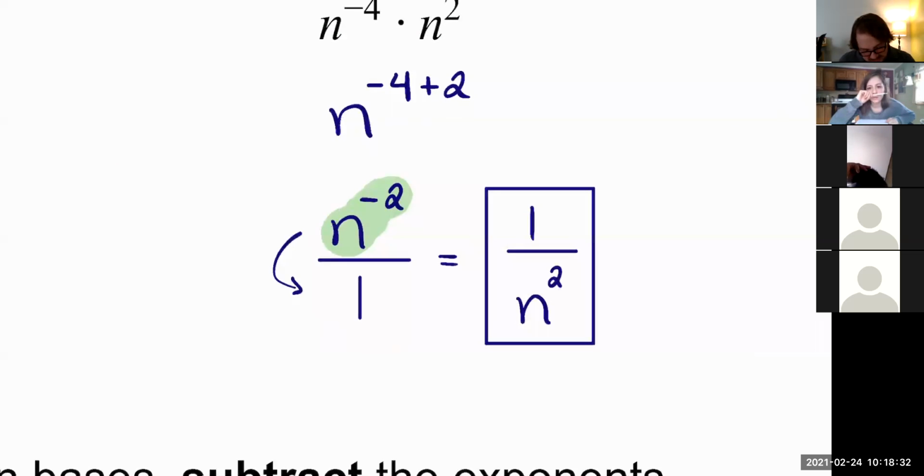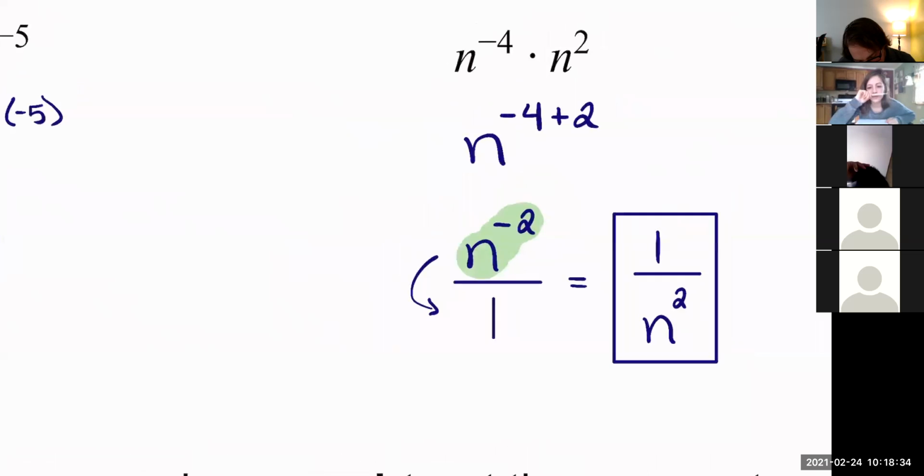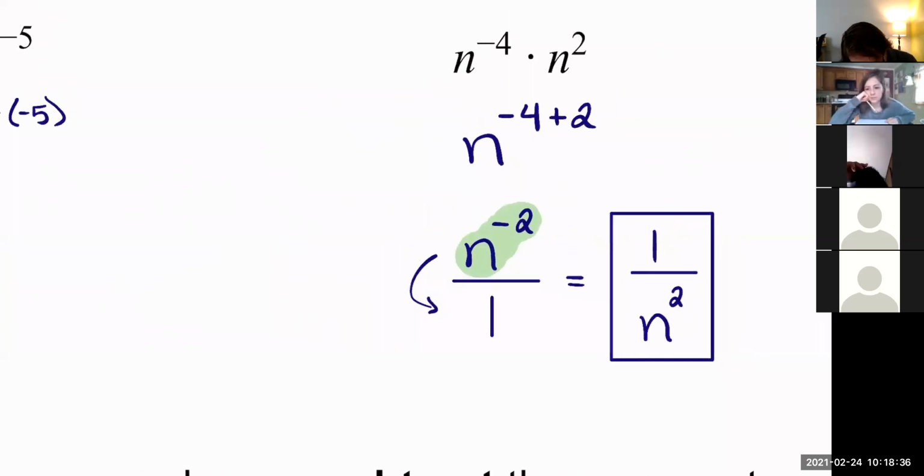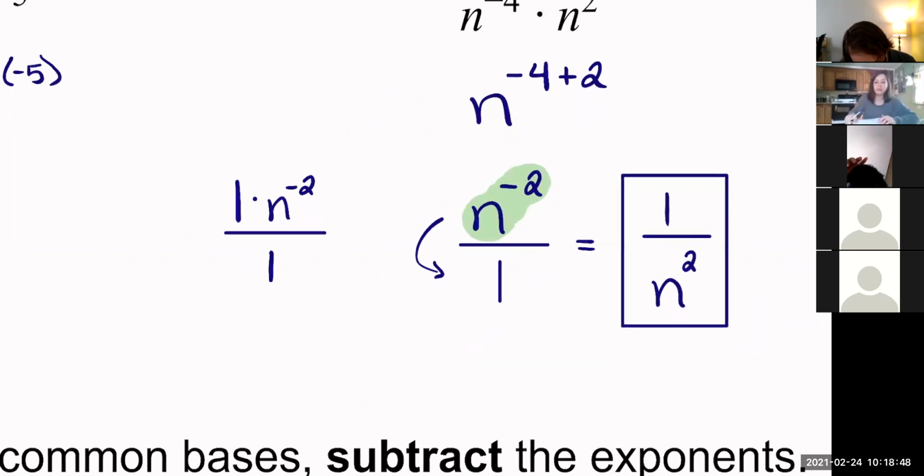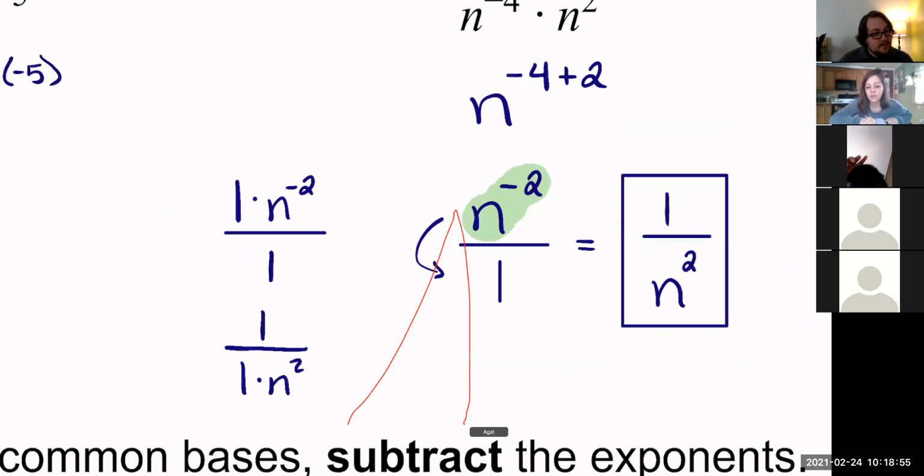Technically not. Technically what's happening here behind the scenes, I could rewrite this earlier step as 1 times n to the negative 2nd over 1, because there's 1's hiding everywhere. When that moves to the bottom, technically this then becomes 1 over 1 times n to the 2nd. But for our purposes,